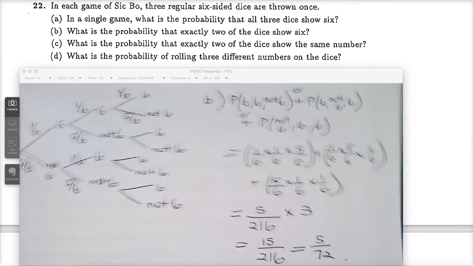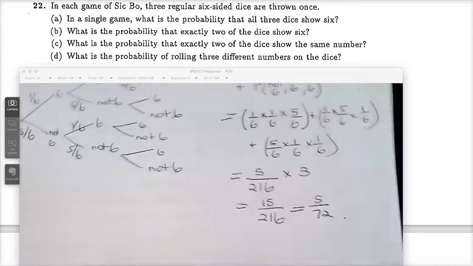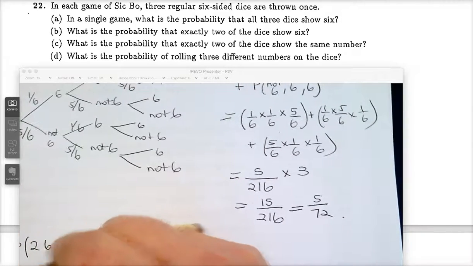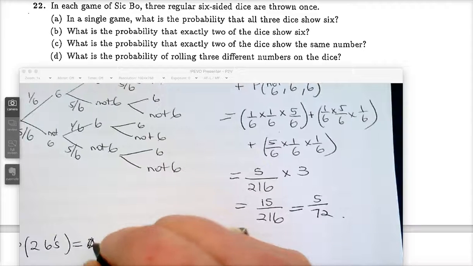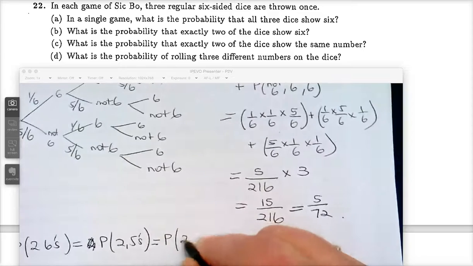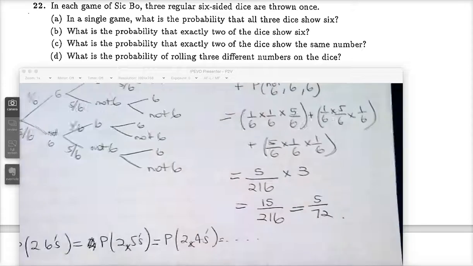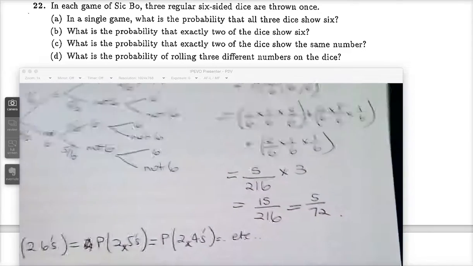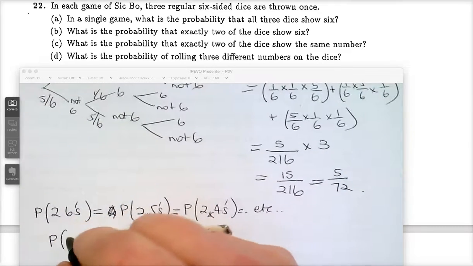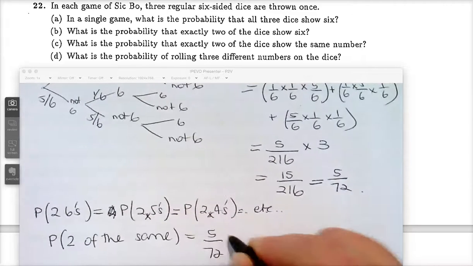What is the probability that exactly 2 shows 6? Well, you could have 2 6s, 2 5s, 2 4s, 2 3s, 2 2s, and 2 1s. So, girls, the probability of 2 6s equals the probability of 2 5s, etc., which equals the probability of 2 4s, do you get it, etc. So therefore, the probability of 2 of the same is 5 out of 72 times